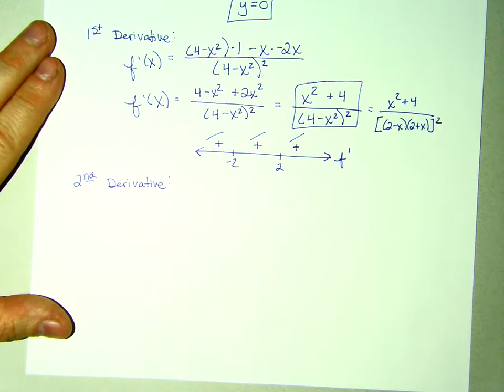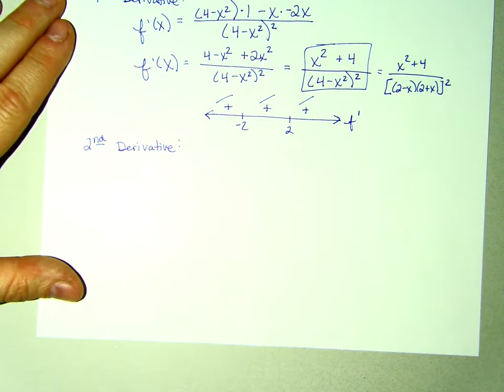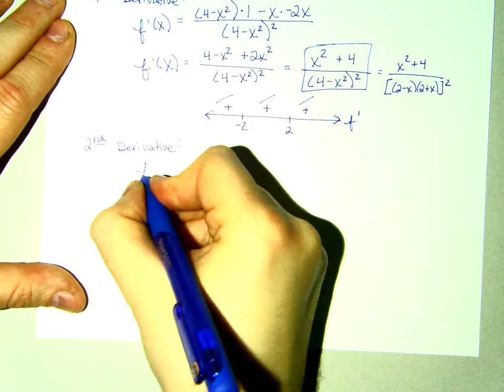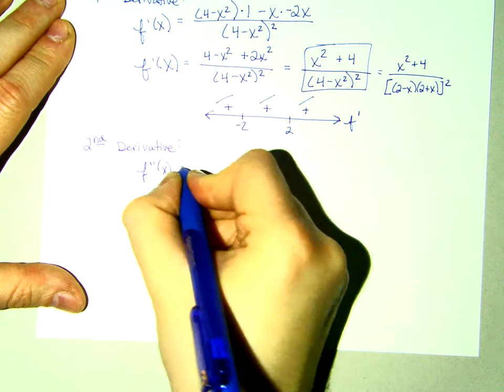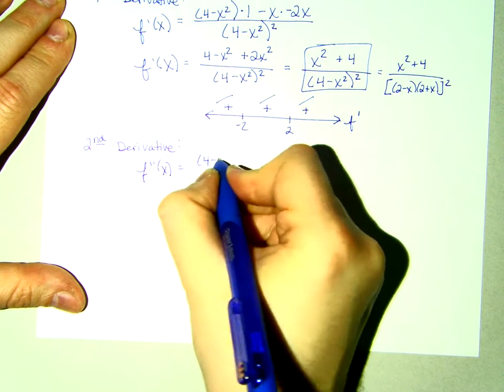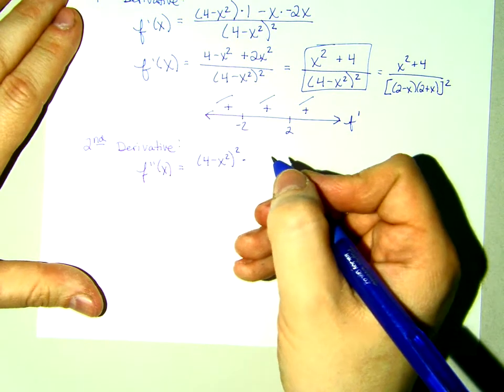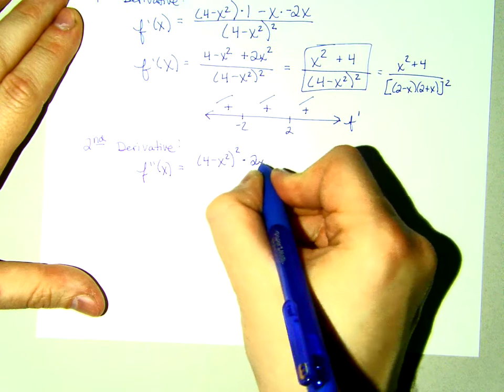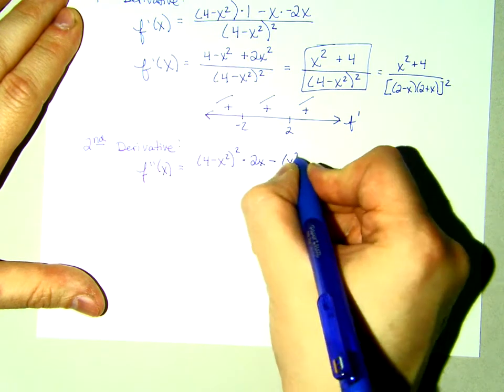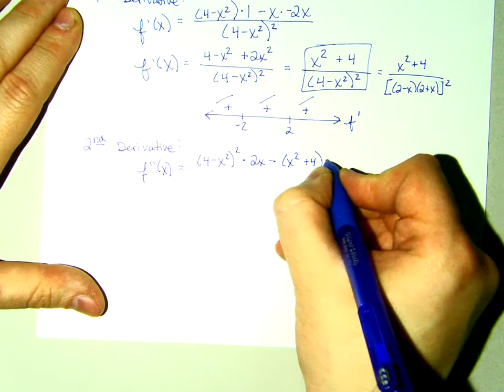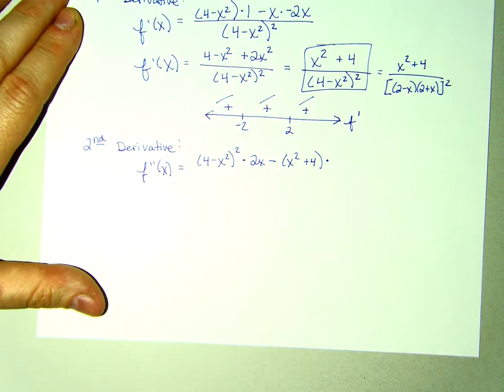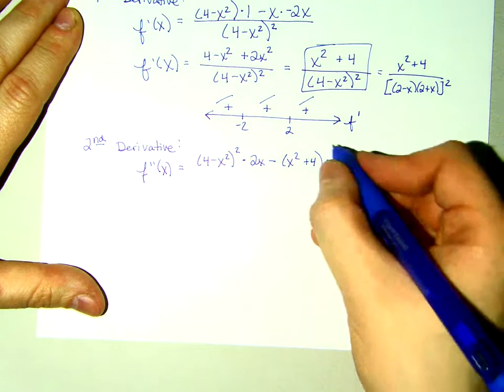All good? I want to keep that first derivative up there. Okay, here we go. Low is 4 minus x squared, squared. D high is what? 2x. Minus high, x squared plus 4. D low, be super careful. What is it? D low is